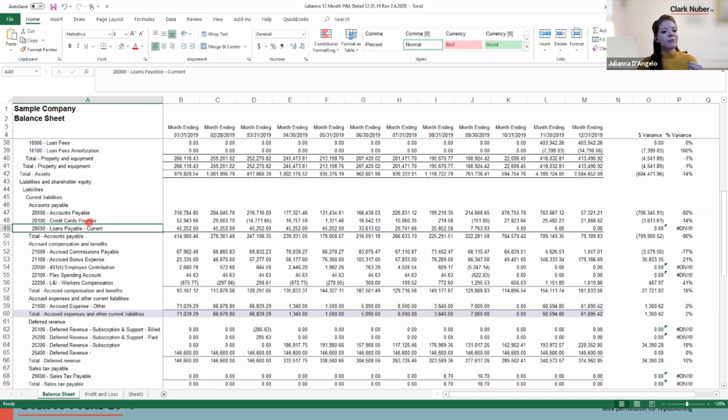So that's why there's a current portion of loans payable. Accrued commissions payable and accrued bonus expense. That is, we're going to pay a bonus out in 4 months, but you earn it over the course of these 4 months. So you book a little bit of it every month to capture that expense in the current month. So that's that whole accrual basis of accounting,